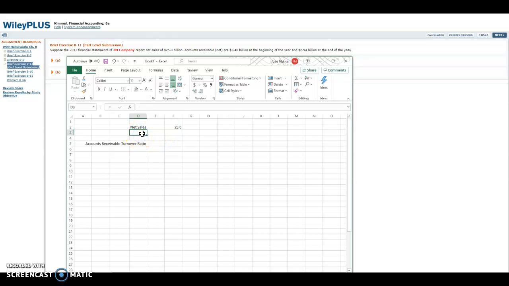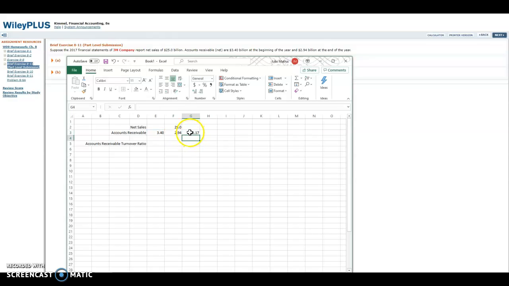And then we're going to look at our accounts receivable, and we're going to take an average. We're going to take the beginning number and the ending number at the end of the year, and then we're going to average these two out. And the way we do that is I'm going to take this one plus this one, the beginning plus the ending, and I'm going to divide that by 2,